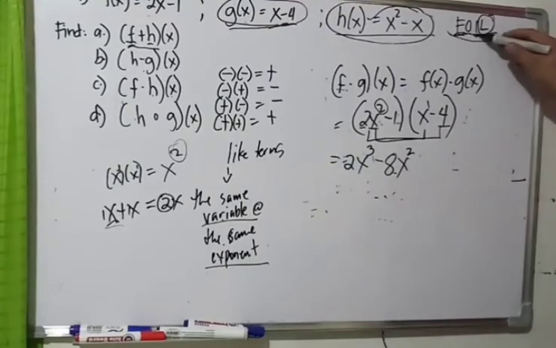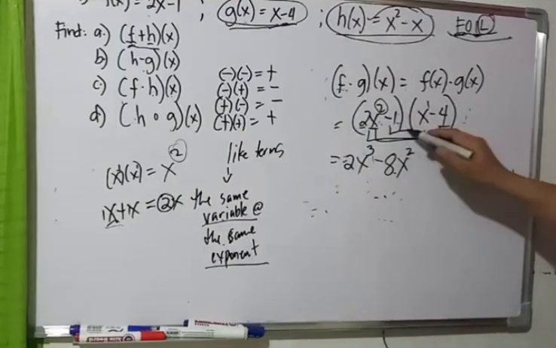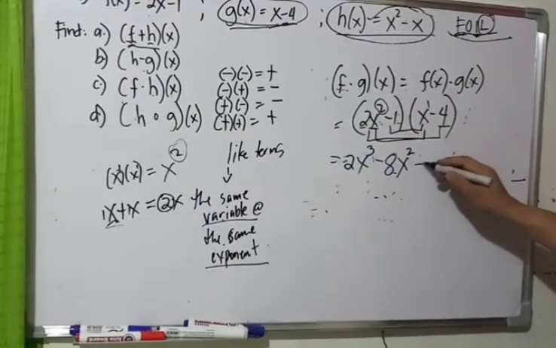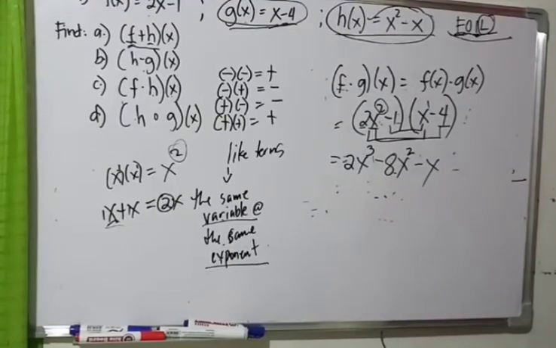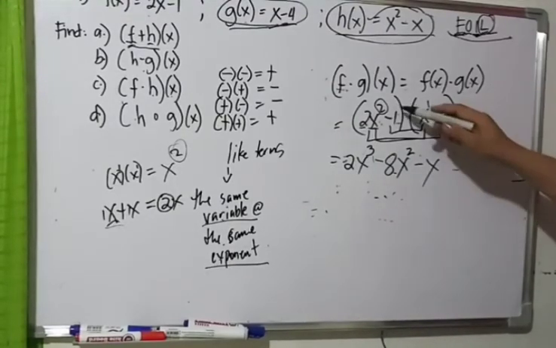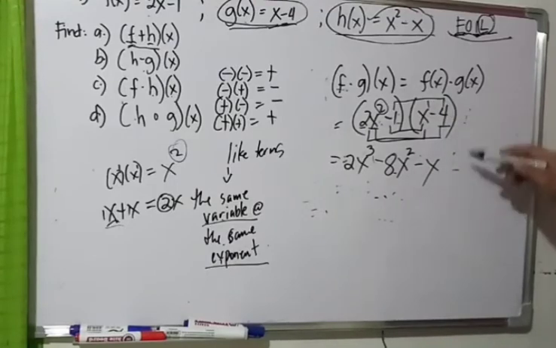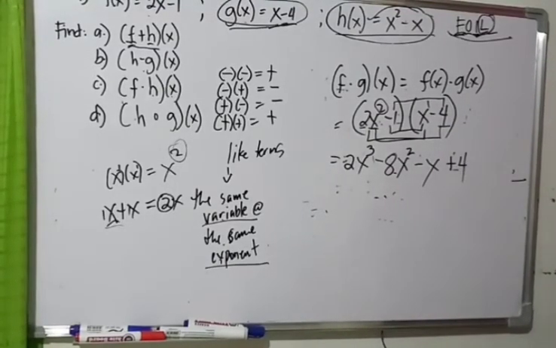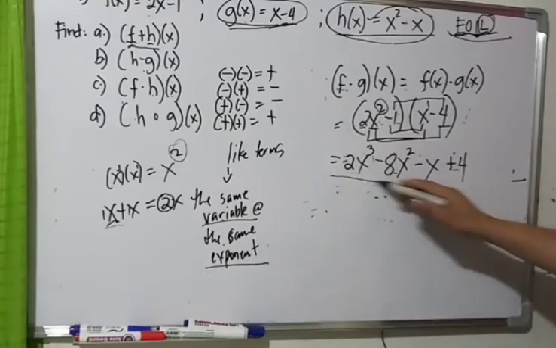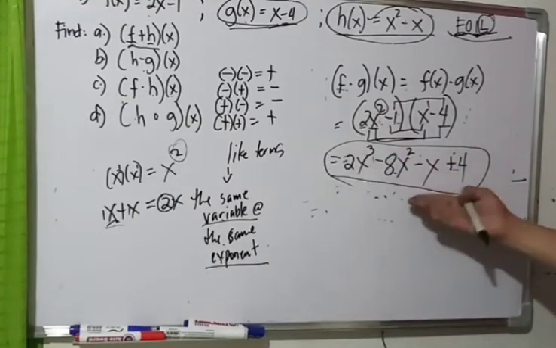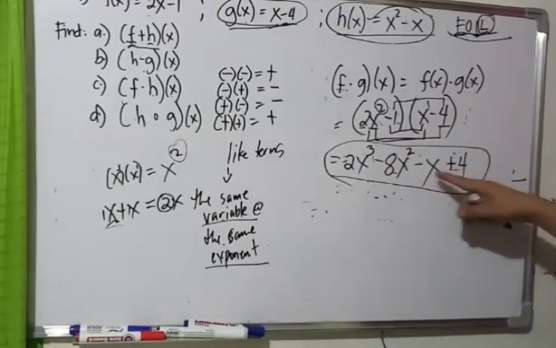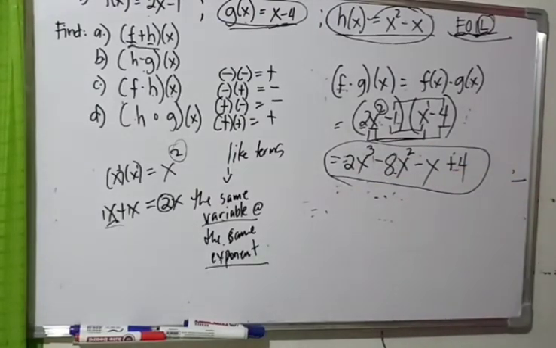Then inner, negative 1 times x, that is negative x. Then last terms, negative 1 times negative 4, that is positive 4. This is the final answer because there are no like terms here. So that is 2x cubed minus 8x squared minus x plus 4. Okay,